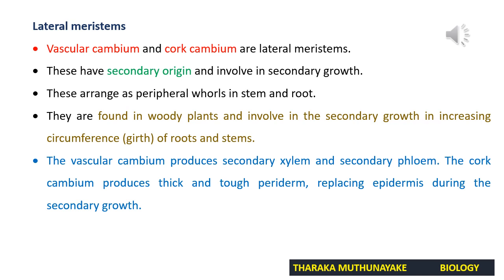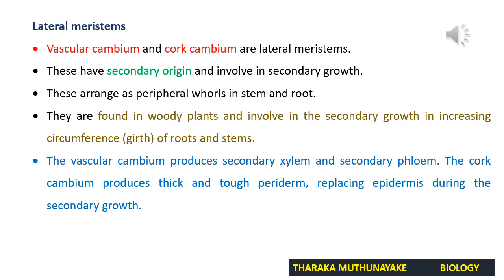But later in their lifespan, after a particular period, the rate of elongation of the shoot decreases. Then I think you have seen that the stem starts to become fat. The circumference of the stem increases. Likewise, the root also starts to become fat, that means the circumference increases. That is the secondary growth. That's the beginning of secondary growth. At that time in woody plants, these lateral meristems originate and are involved in secondary growth. We can discuss secondary growth in detail under the section of growth. Until then, just memorize like this.